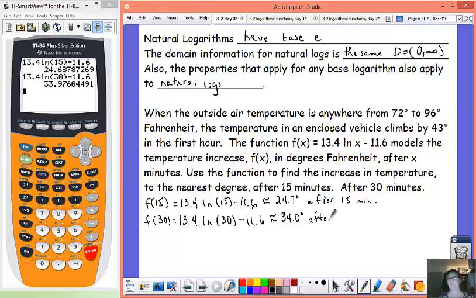And if you think about that, if you started at 72 degrees and you've gone up by 34 degrees, you're already over 100. That heat builds so quickly in an enclosed vehicle. So let that be a lesson to us today: we don't want to leave our pets or our babies in cars that are closed in warm weather. So that's our lesson for today. We looked at 3 little applications where logarithms were used to solve problems. We hope that you'll get right out there and get on that trig